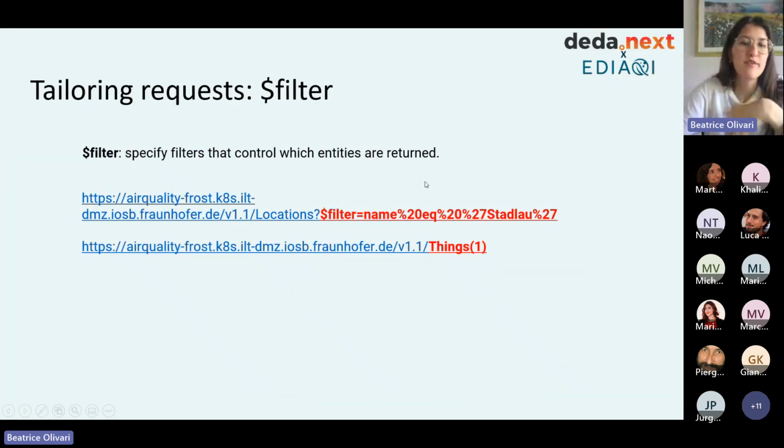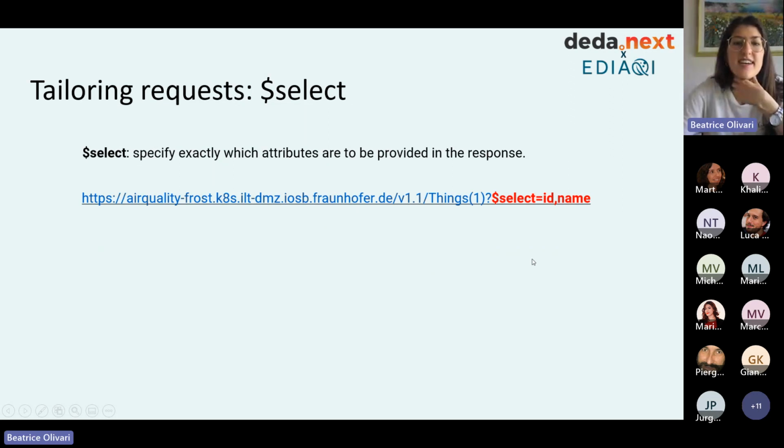And another way of filtering, as I was showing you before, if you know the ID, you can use it to filter. Finally, no, not finally actually, but we can use select, because as you were seeing before, when we click on the list, we have a lot of information that maybe we are not interested in.